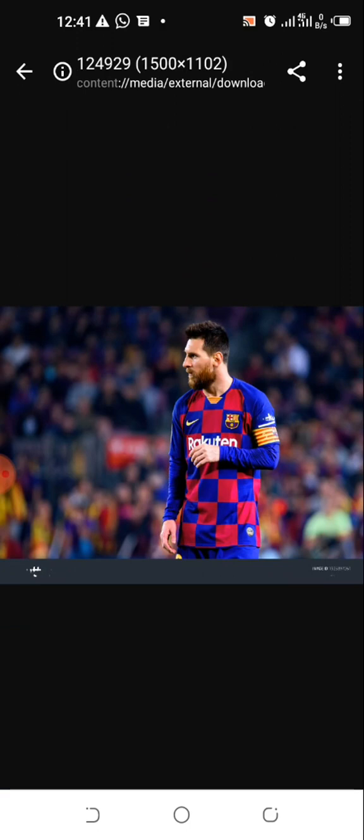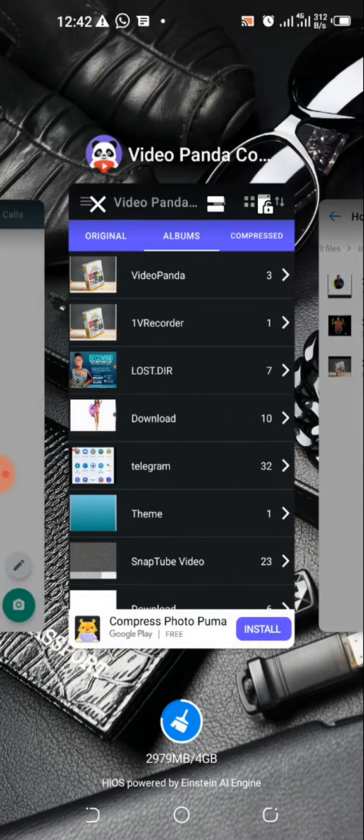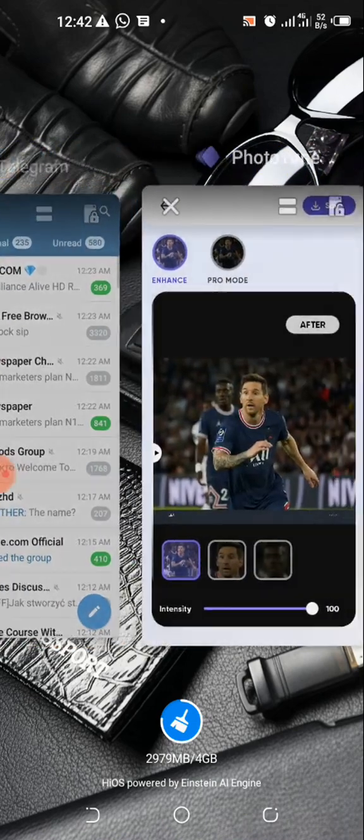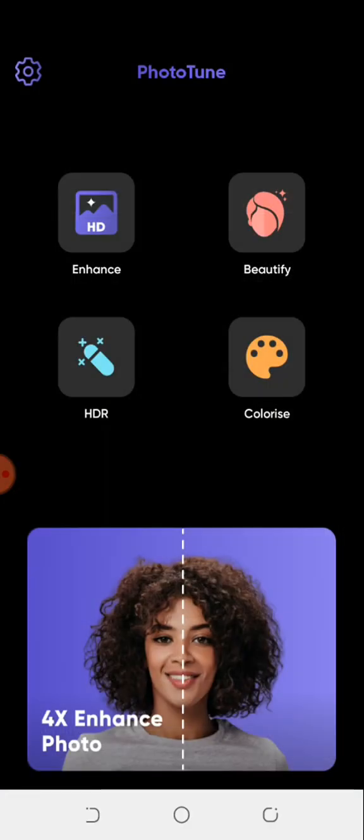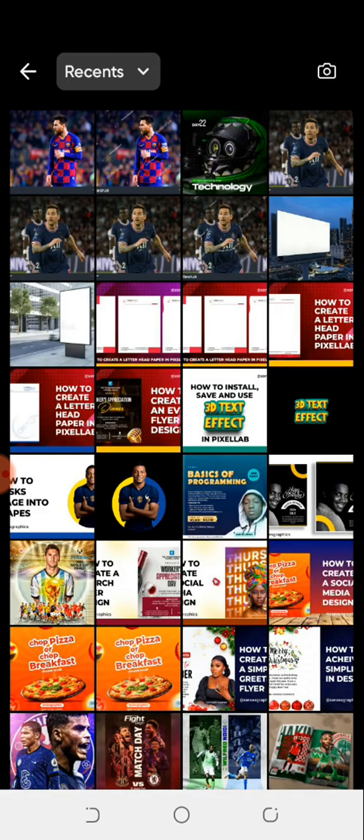You can bring it to photo tune. This application I use in enhancing my image for my designs. So you can just come here, bring in the image, click on this OK,